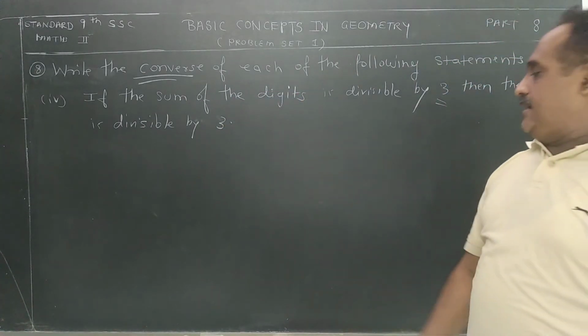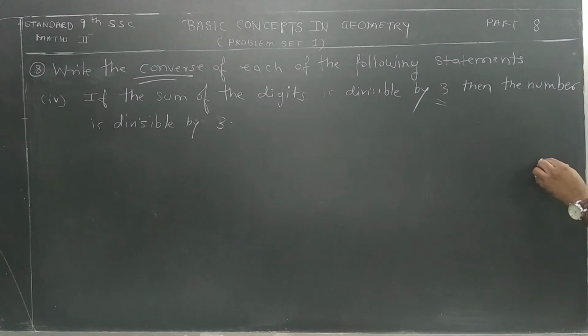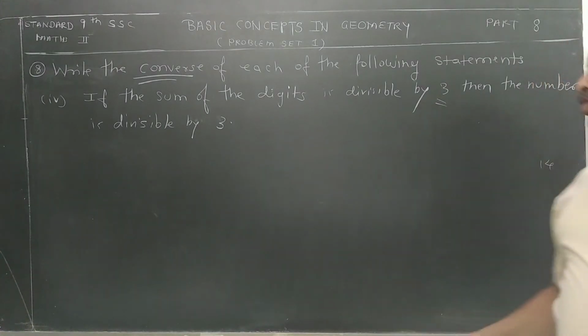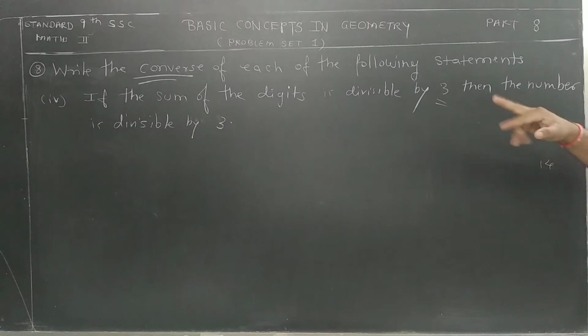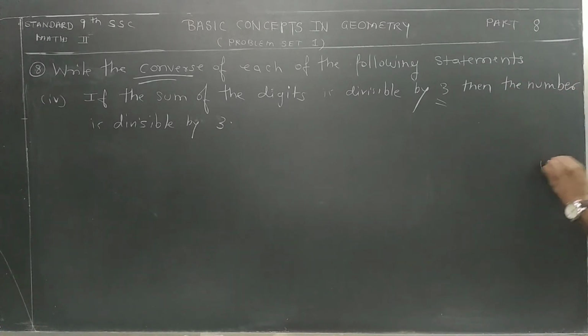This you should learn now, for the property of what? Divisibility of 3. Like I know that if I want to check whether 14 is divisible by 3 or not, what do I do? 4 plus 1, 5. 5 is not divisible by what? 3. Means 14 is not divisible by what? 3. Suppose that 15 is there. We know 3 fives are 15, divisible है, but how to check it? 1 plus 5.